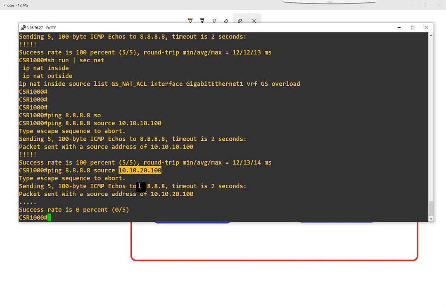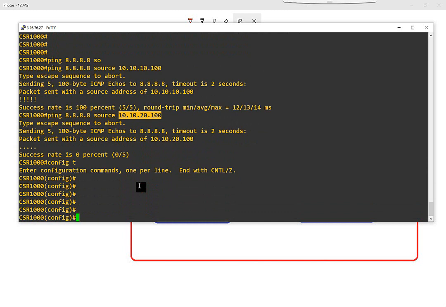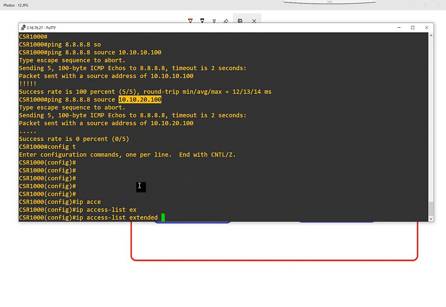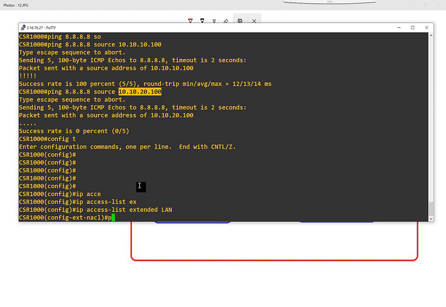I don't care about route. I don't care about anything. I need NAT here now. So how to do that? I will do config t. I will say ip access-list extended, or whatever, any access list. I say this is for LAN. I say enter, and I say permit